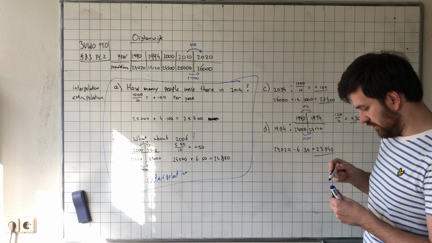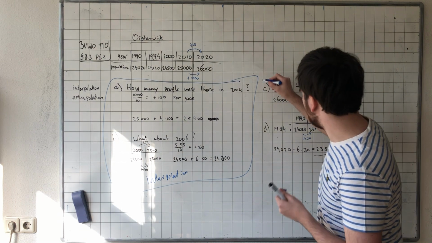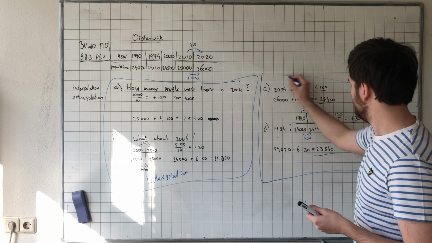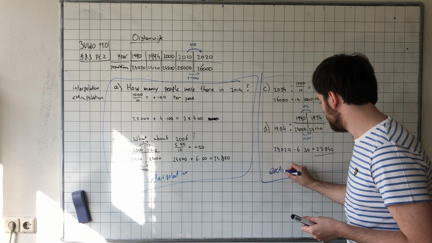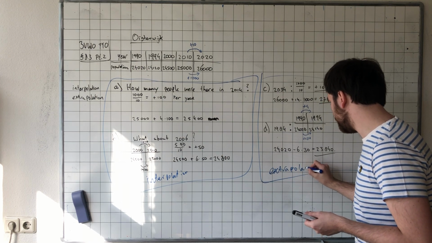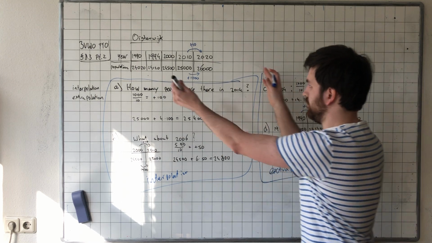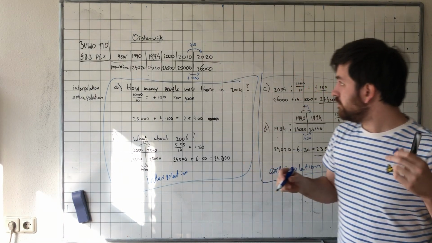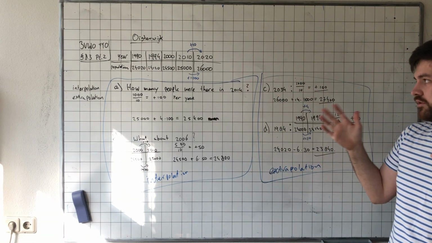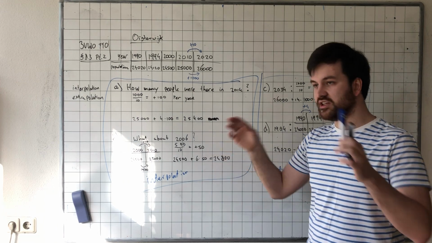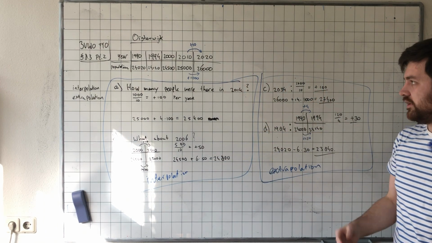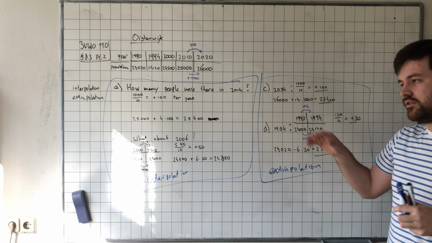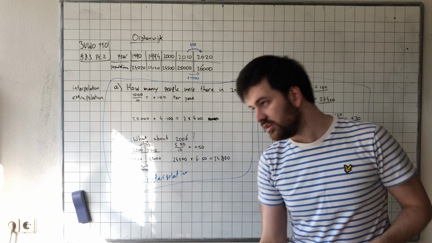And what we're doing on the right side over here, this part, is called extrapolation. Because it's outside of our time frame. Our time frame was from 1990 up until 2020, and everything within those 30 years was basically interpolation. Everything outside of that is extrapolation. Basically, these two techniques are almost similar, but there's a small